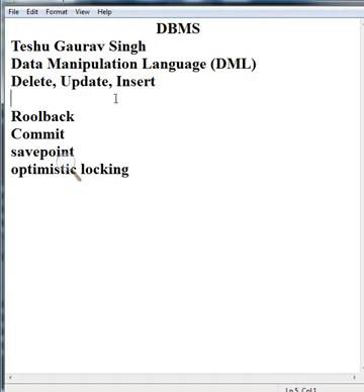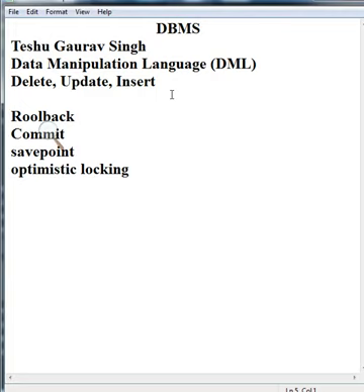Basically drop is not part of DML commands, drop is part of DDL commands. But first we will see what data manipulation language is. If we want to manipulate the values of data, that is data manipulation language. In data manipulation language, to change the values or domains of a table, we can use the delete, update or insert command. Earlier we have seen the insert command. By using DML commands we can change the domain values.